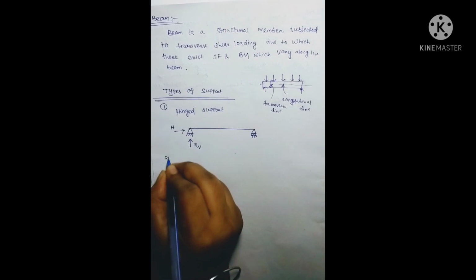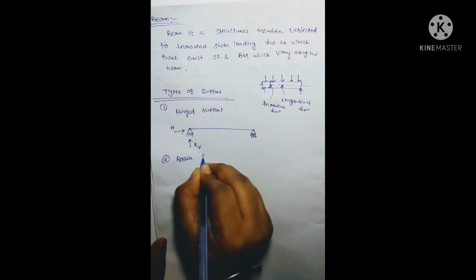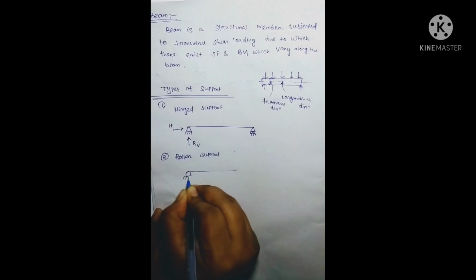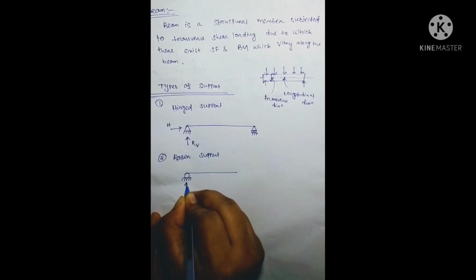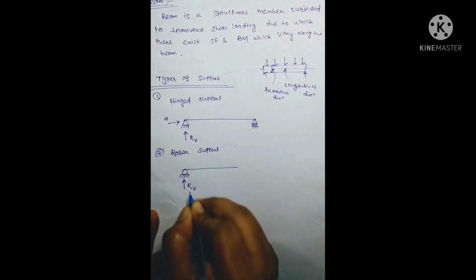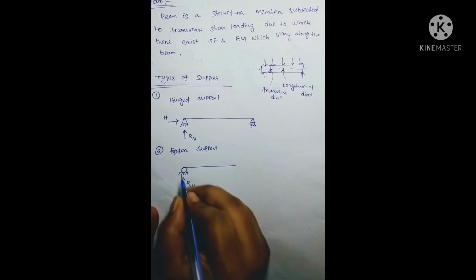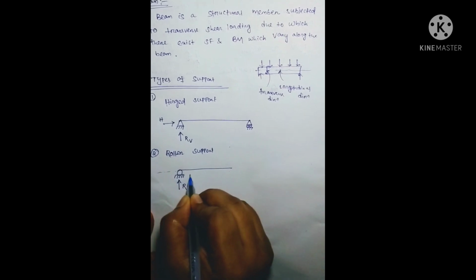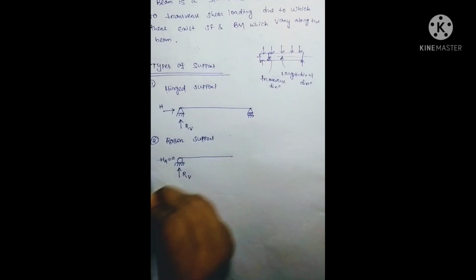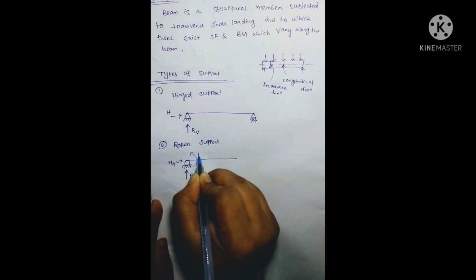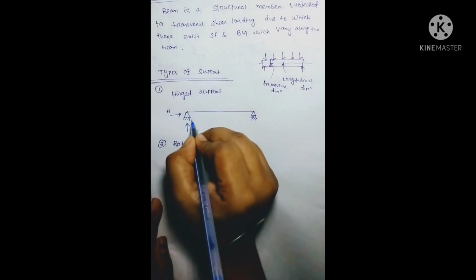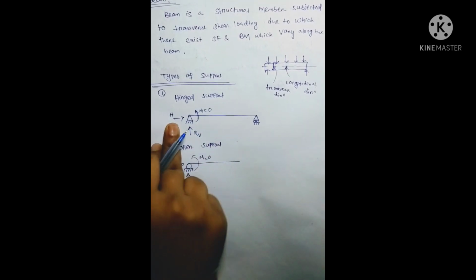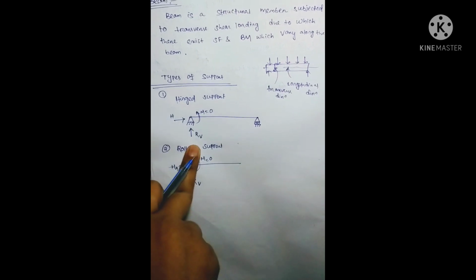Okay. Next, the roller support. Roller support is this type of support. Here the reaction is only in the vertical direction. Why? Because if we move it, it can easily move in the horizontal direction. So H equal to 0. It can also rotate easily, so moment is also equal to 0. Here only the moment is 0, but it can give reaction in the vertical direction.